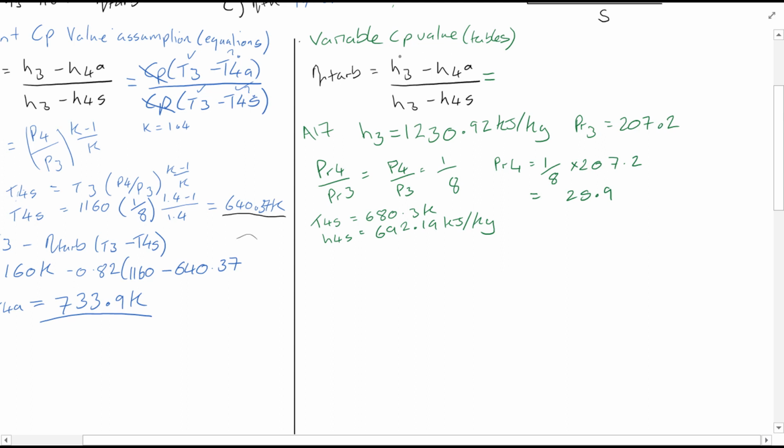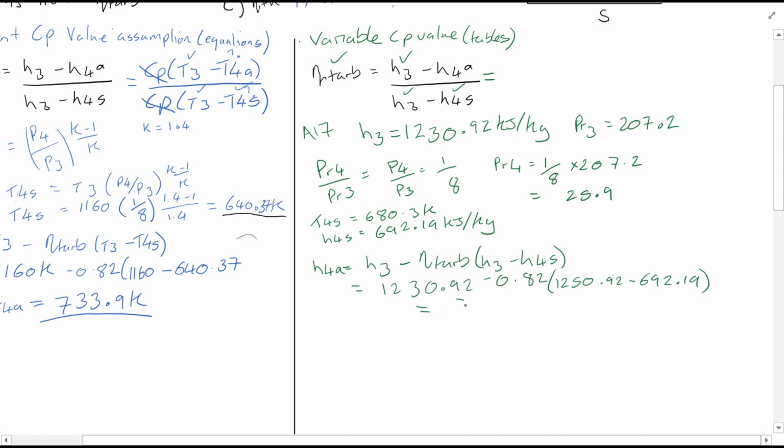Okay, so now we have the values for H3 and we have the value for H4S. The isentropic efficiency of the turbine was given in the question, so as a result H4A can be found. That gives you a value of 789.16 kilojoules per kg for H4A, and you're now just going to interpolate this again using table A17, and that will give you a value of T4A equal to 770.19